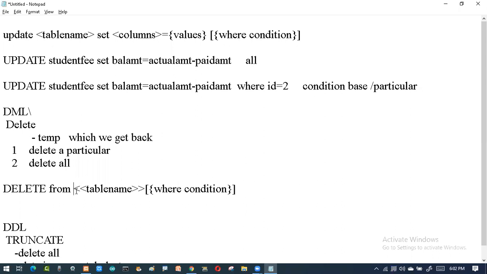Then here I have something called a pipe symbol, again an option. The symbol is star or columns.